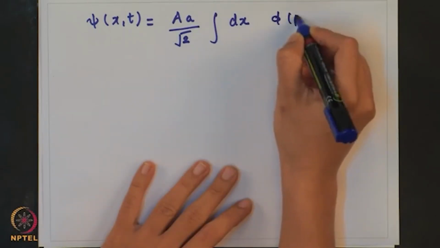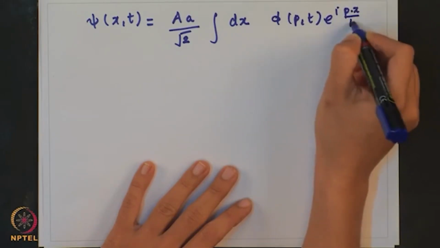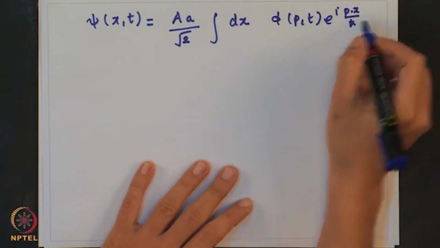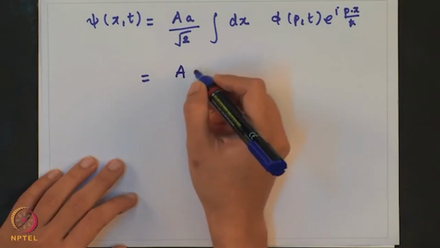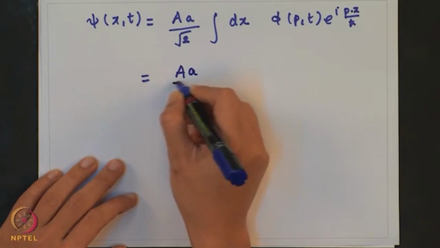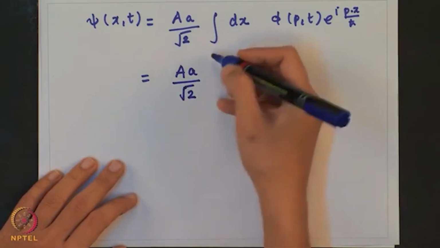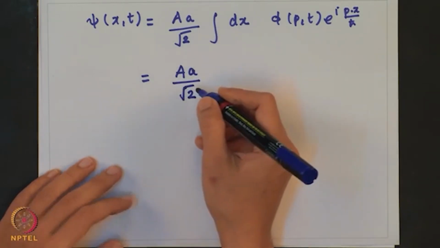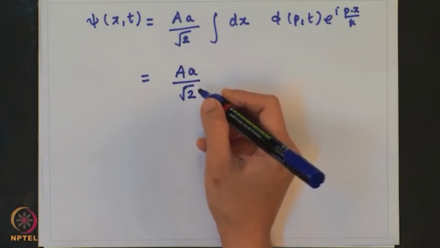That will give me a final expression as 2a upon square root of 2, and when I integrate this over the whole range, the final expression which I get is,